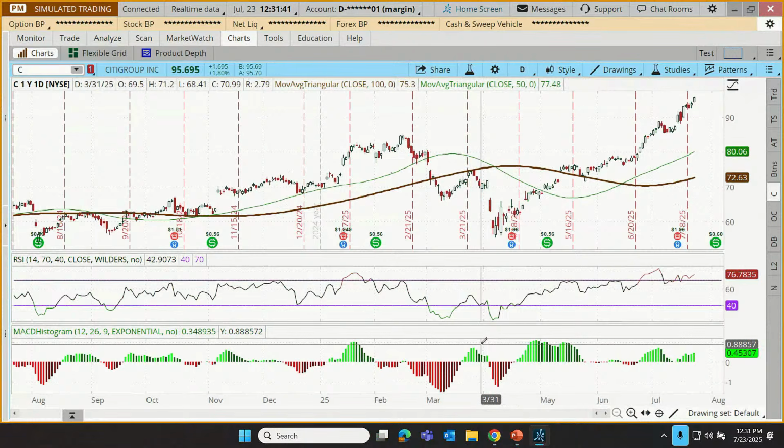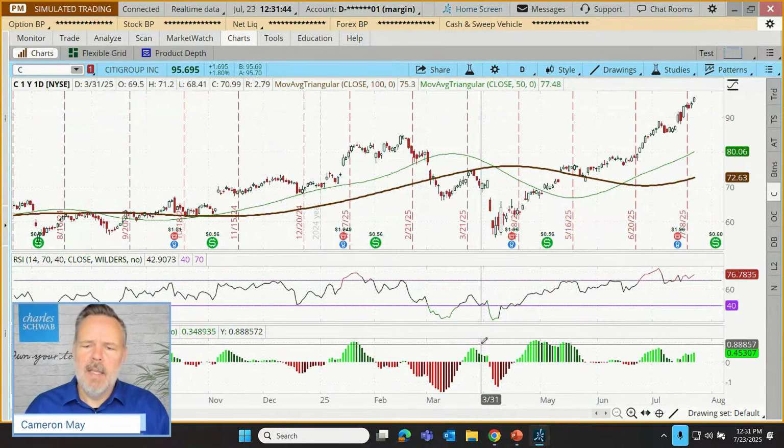Heather says, what's the difference? That's a great question, Heather. When I was using Thinkorswim initially, this one bugged me. It was a little bit murky to me. What's the difference between a study set and a style? Well, think of a style this way: it's all the other parts of the chart that aren't studies or technical indicators. So, for example, looking at different time frames is a style.